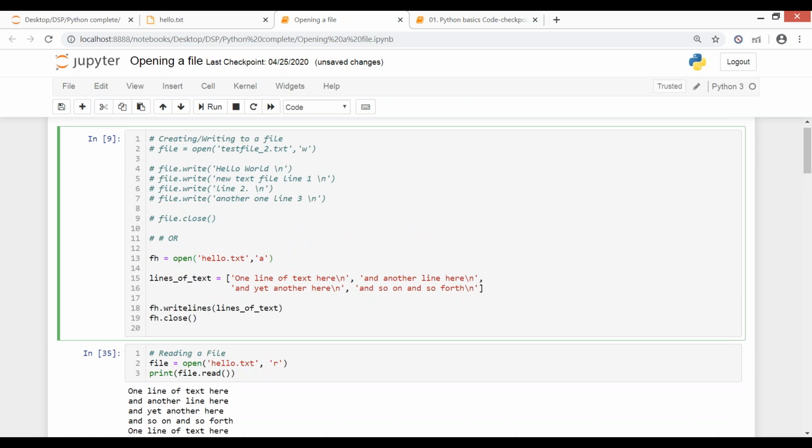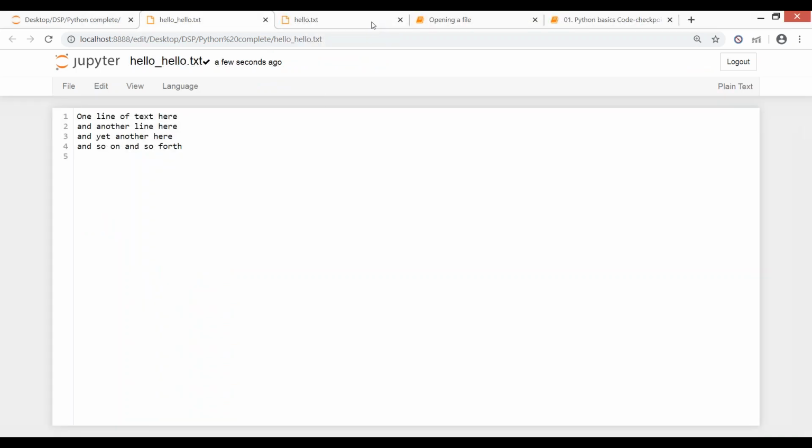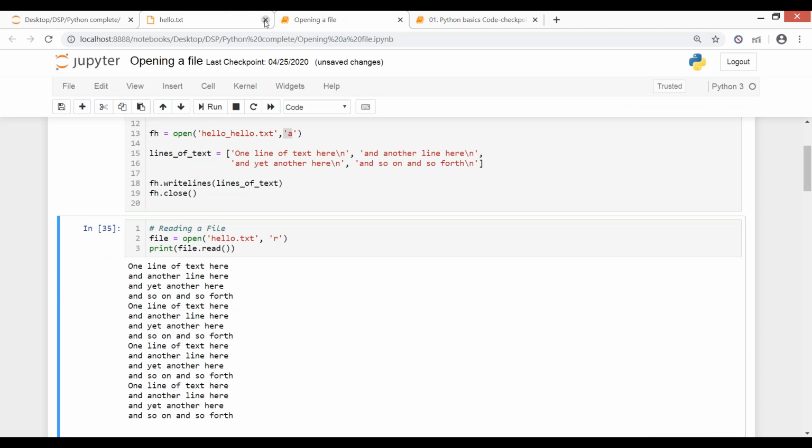And again, if this file is not there in my system, no problem. Let's say I'm giving hello underscore hello. Again, this file is not there in my system. Append will also create this file. Now, when I run this and when I go to my folder, then hello underscore hello, just like write, this will also create a file. But one difference is that the number of times you run it, it will keep on adding the values below it. Append will also create a file, and if you give a write operation of W, then that will also create a file. Okay?